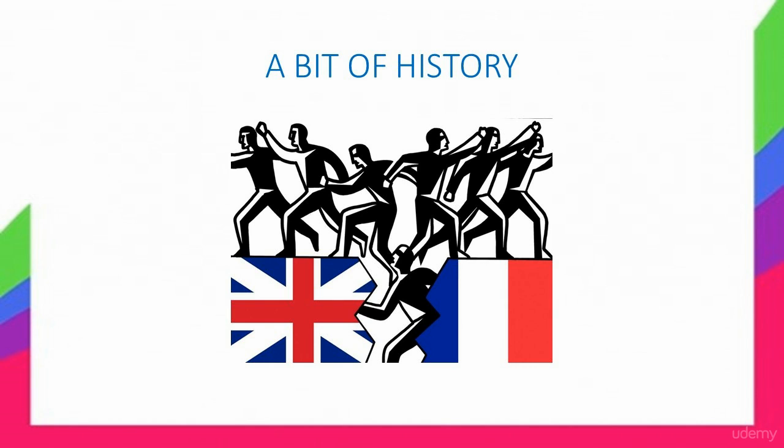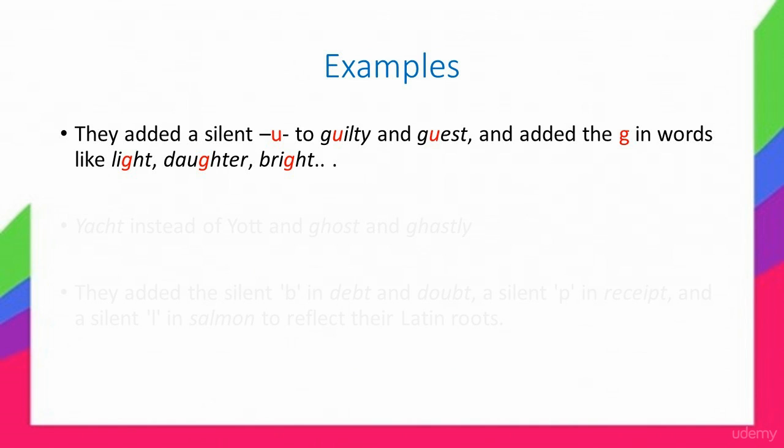ours. For example, they added a silent U to guilty and guest, and added the G in words like light, daughter, and bright. The printers and publishers of the late 1400s added their own strange spellings to the mix, a lot using Dutch spellings like yacht instead of yot, spelt Y-O-T-T, and ghost and ghastly, and of course also favouring